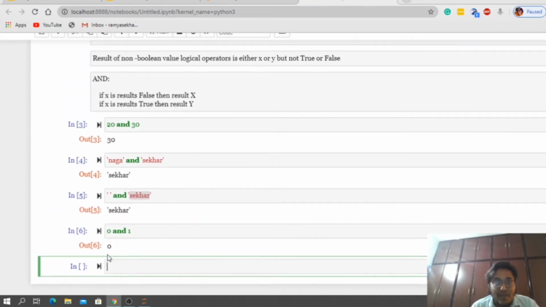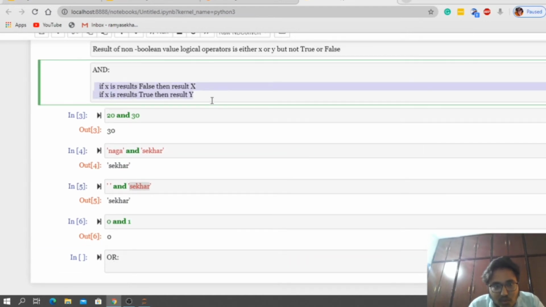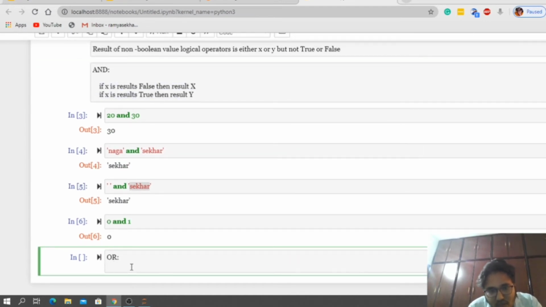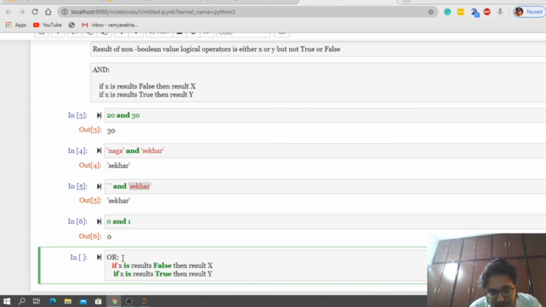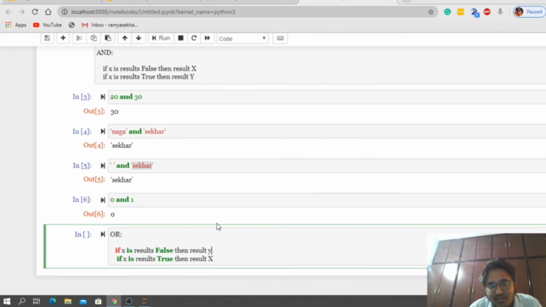Now let us move on to the logical OR operator. See, the logical OR operator is very much in contrast to this, guys. What we need to know while talking about OR is, if one is true, automatically the result is true, right? So if x is true, what do we need to get? We need to get x only. We don't bother about the y value, right? If x is false, again we need to check the y value. So if x is false, we need to get y. It is the complement of the AND, right? Is this clear? So let me make it a and b.